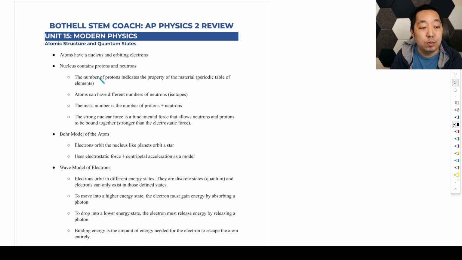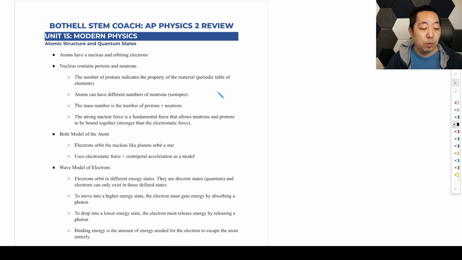Atoms have a nucleus made of protons and neutrons. They have orbiting electrons. The number of protons indicates the property of the material. That's where you use a periodic table of elements. Atoms can have different numbers of neutrons; we call them isotopes. Mass number is the number of protons plus the number of neutrons. And the strong nuclear force is the fundamental force that allows neutrons and protons to be bound together, stronger than